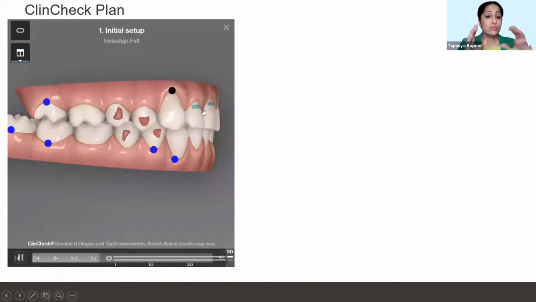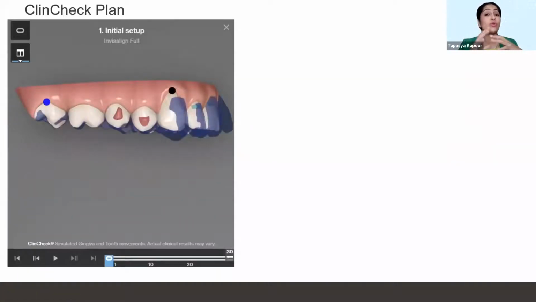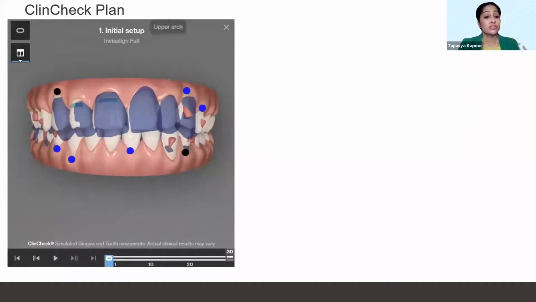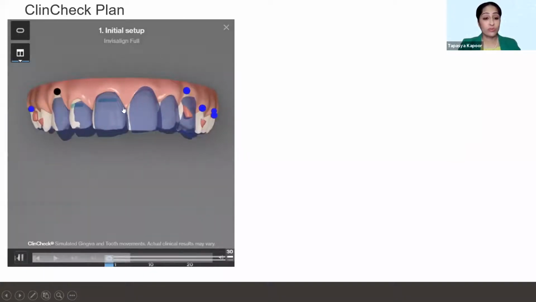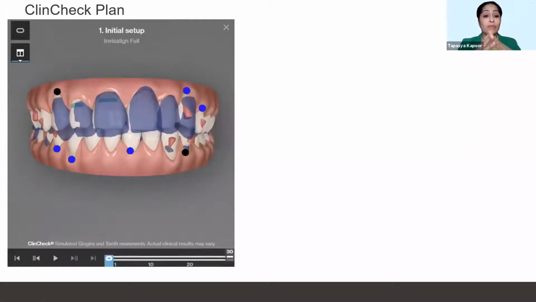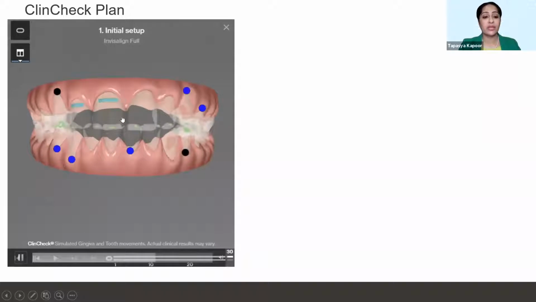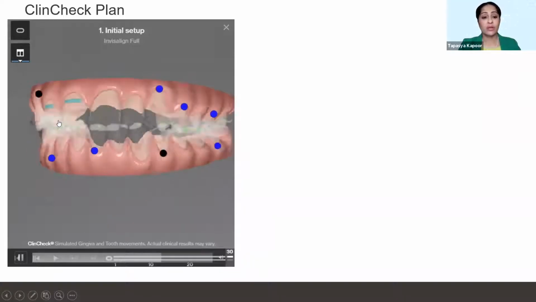Now, what you need to know is when you have a power ridge, ideally, you should have some sort of an attachment on the tooth adjacent to it, especially when there is so much movement planned. So the first red alarm was that the canine has a lot of movement and there is no attachment on the canine. Plus, there's a lot of torquing and there's no attachment on the upper canine.